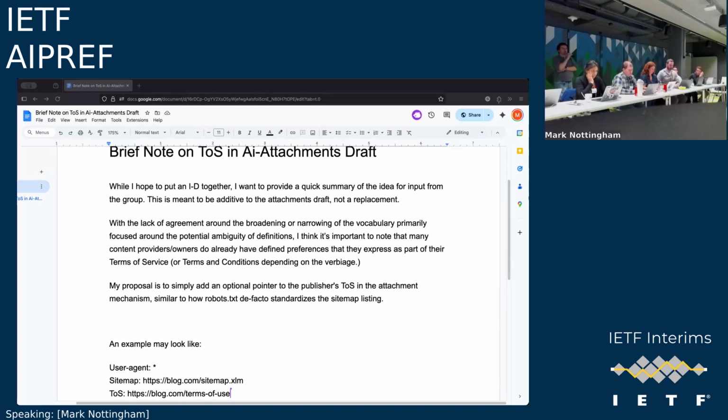If you give something to Gemini to summarize, and then you give it to DeepSeek, and then you give it to OpenAI models, they are very likely going to spit out very different things. And what you said, that it's a legal document, how are we supposed to deal with the potential misinformation coming from those models? So I think extending robots.txt with something like this is easy, but processing and interpreting the terms of service with a machine, at least at the moment, is not feasible.